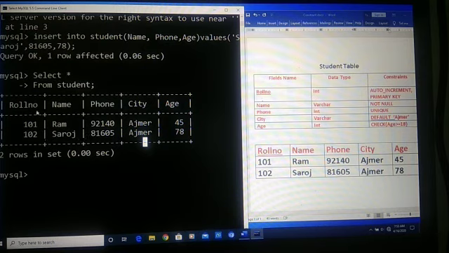Because we have already set the constraint auto increment on roll number, it will increase the value one by one. City also has a default constraint, so it will take the value from the default constraint. We have already set Ajmer there, so it will take the value from there.